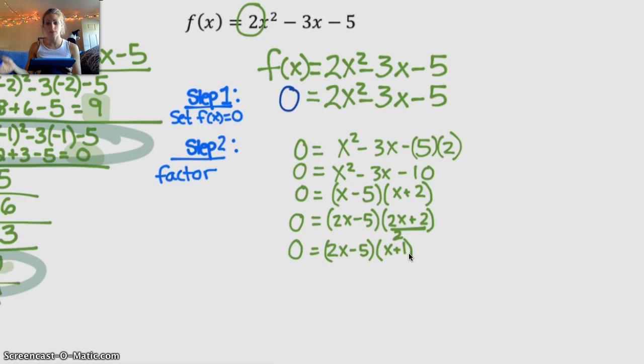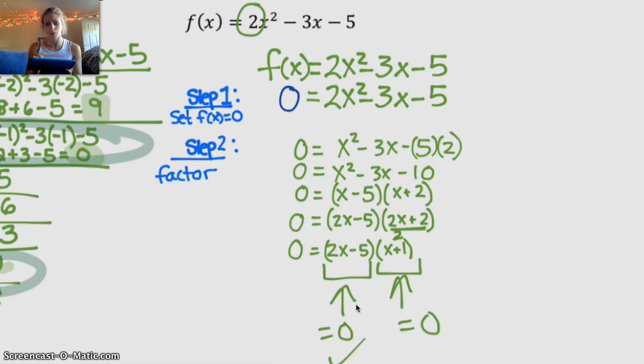Okay, so once it's factored, now you've got 0 equaling something times something else. And the way that 0 works, anything times 0 is 0, and 0 times anything is 0. So if 2x minus 5 equals 0, then I have 0 times x plus 1, and that whole thing equals 0, and it solves the equation. If, on the other hand, x plus 1 equals 0, then I have 2x minus 5 times 0, which equals 0, which is what we want, because that's on the left-hand side. We need the statement to be true. So, anyways,